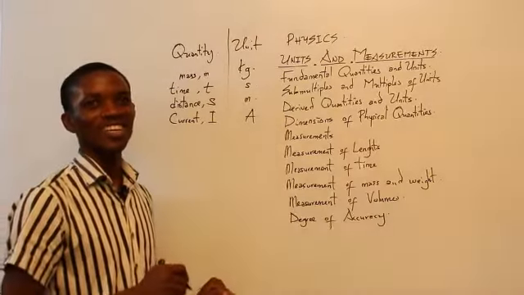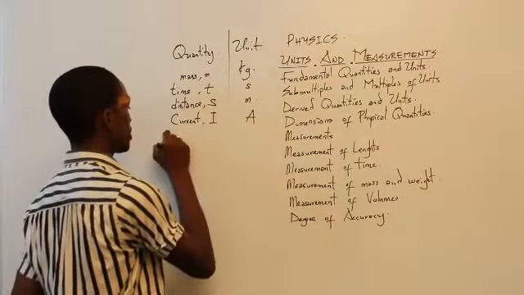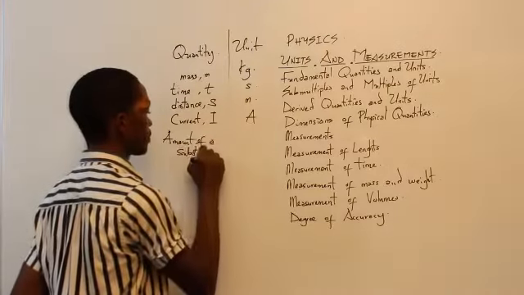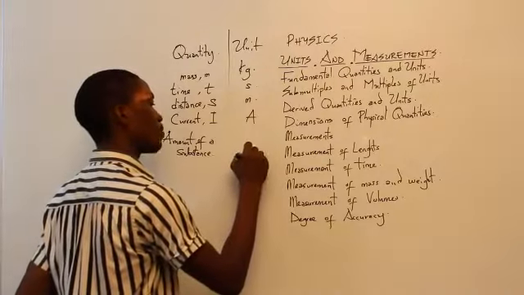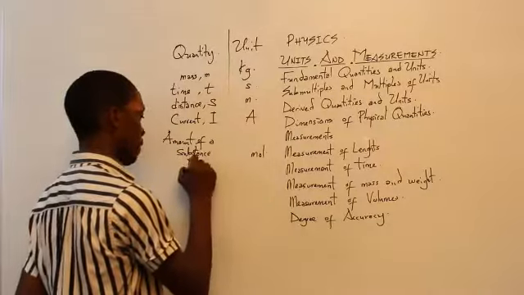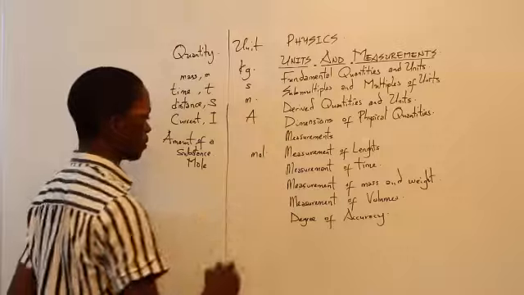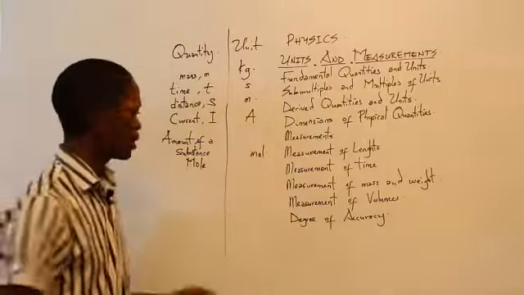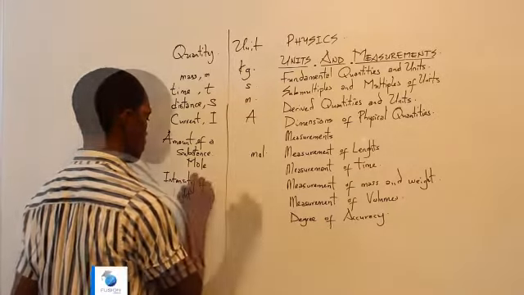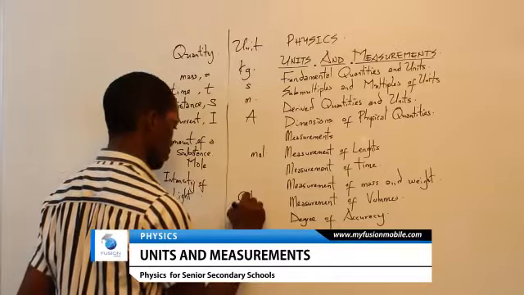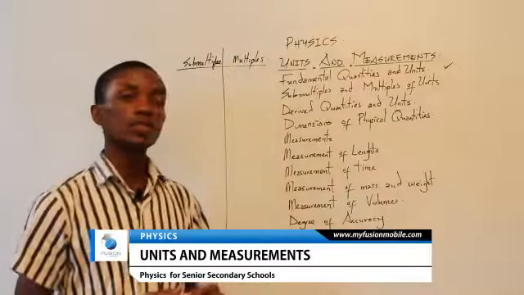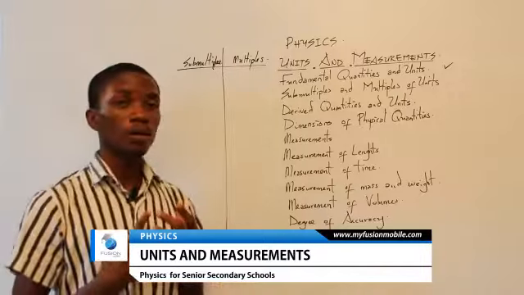So let me use the official A. So I have amount of a substance, which goes by with the unit mole. Most people do represent it with mole being spelled in full. And intensity of light, measured in candela. So, I have spoken about fundamental quantities and units. Let's consider